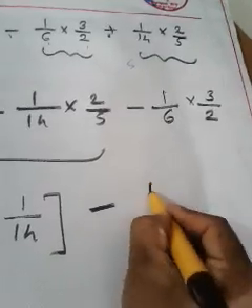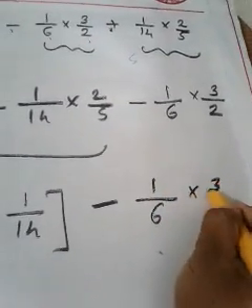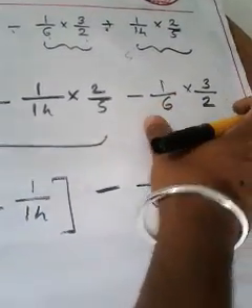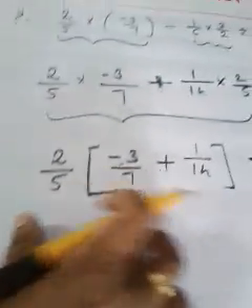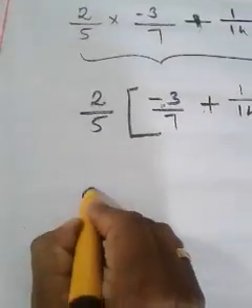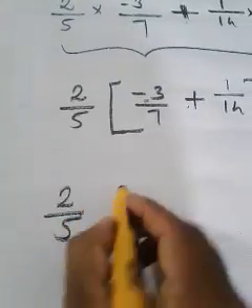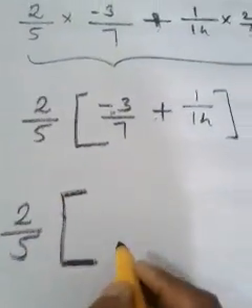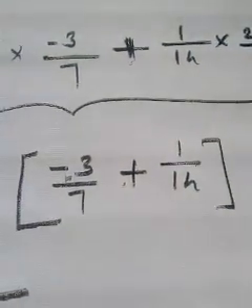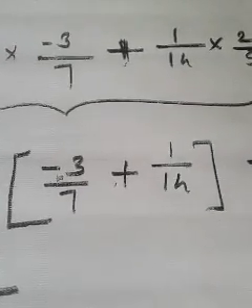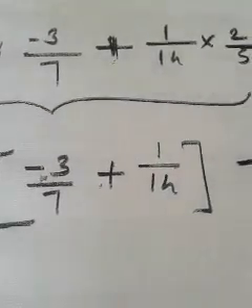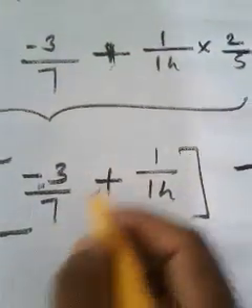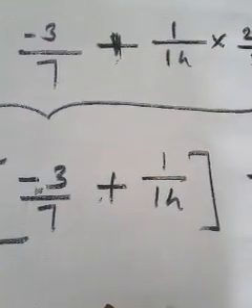And the last term, minus 1 by 6 into 3 by 2, as it is. This term will come down as it is, without any change. Now you will see the simplification effect here. So now it becomes 2 by 5 into, and how can we operate this, can you tell me? This time let me use the LCM method. Why? Because here the numbers are a little bit bigger, so let me use the LCM method.